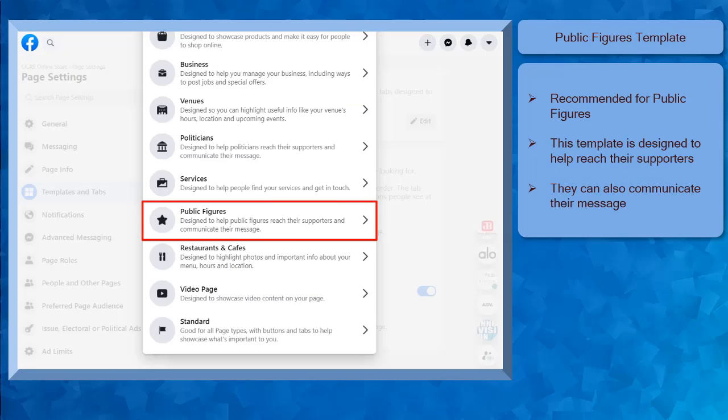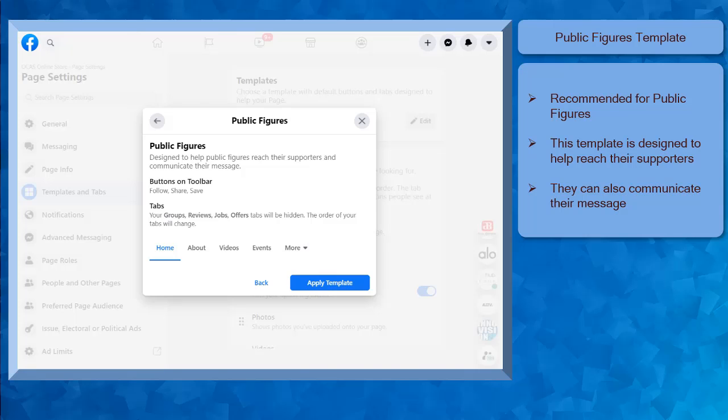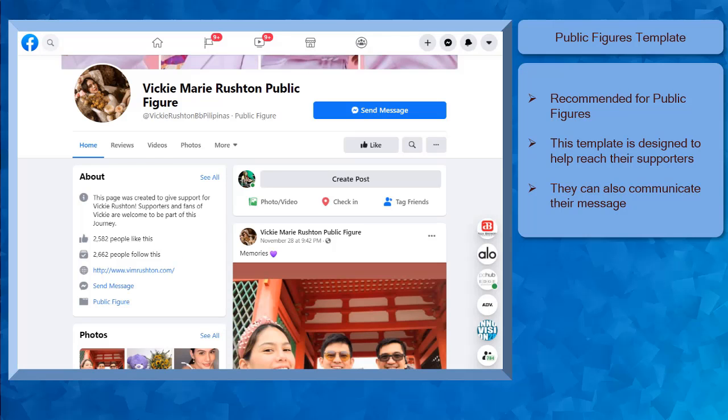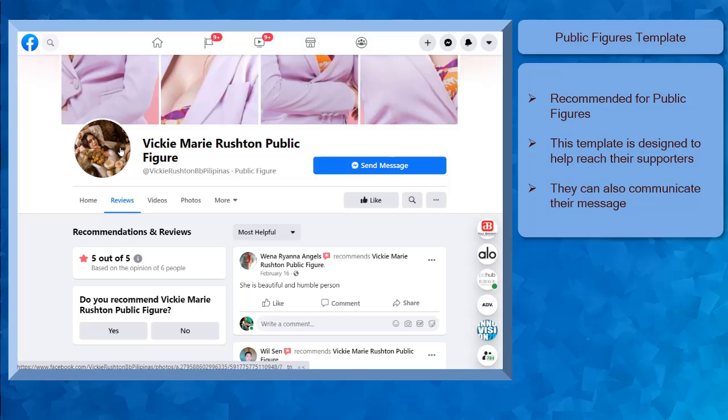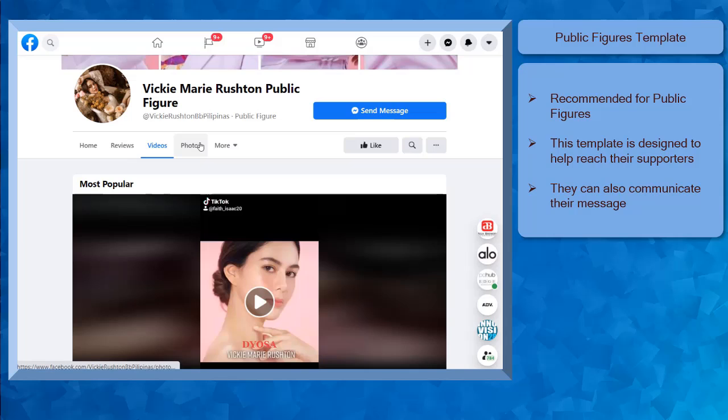The Public Figure template is designed to help reach their supporters and communicate their message too. You can see on this page, the Reviews tab shows feedback from other people and also the videos and photos